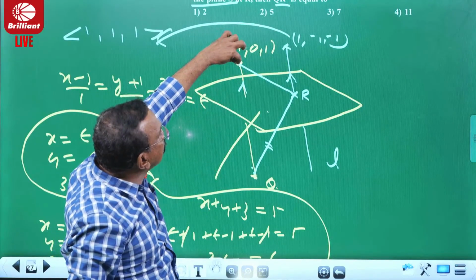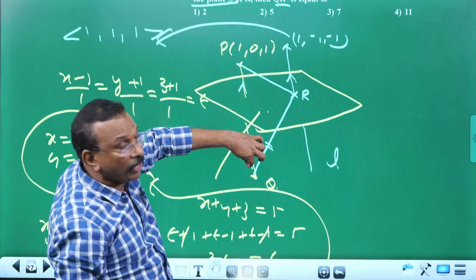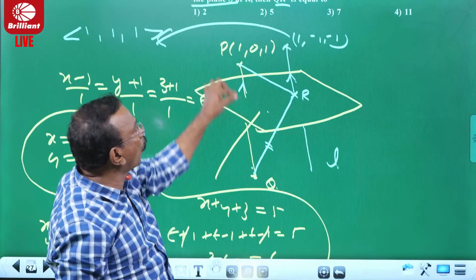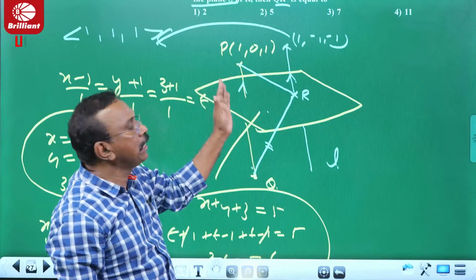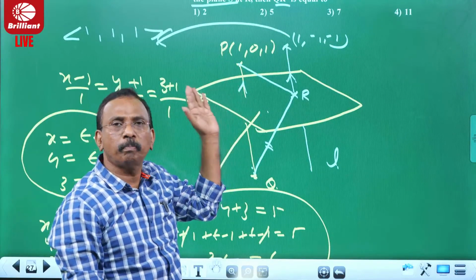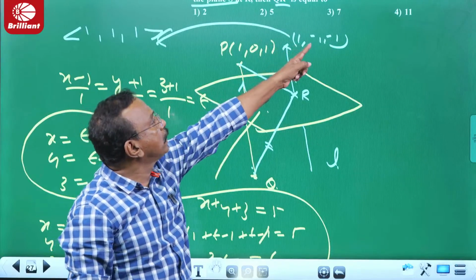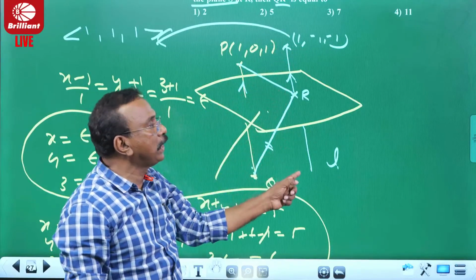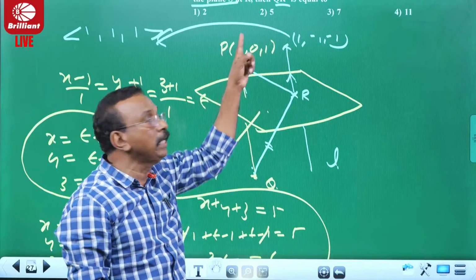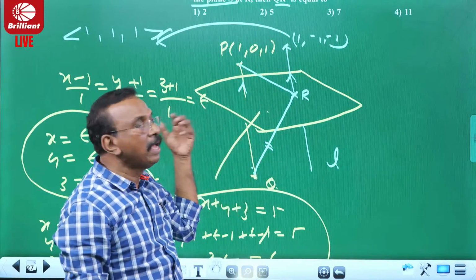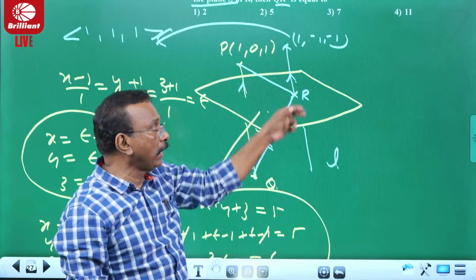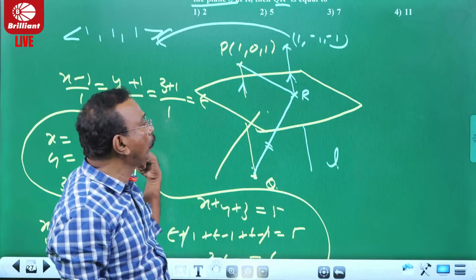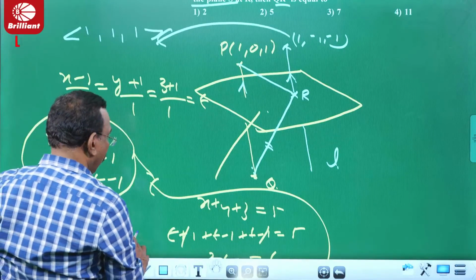If this point is there, because of its reflection, this line is actually perpendicular or normal to that plane, then the direction ratios of the line are exactly given by the direction ratios of the plane. Then there is a point (1, minus 1, 1). We can easily find this equation by using that point and this normal direction ratio. And you can find the point R by finding the general point on the line and substituting into the plane equation. And here it is (3, 1, 1). And your requirement is